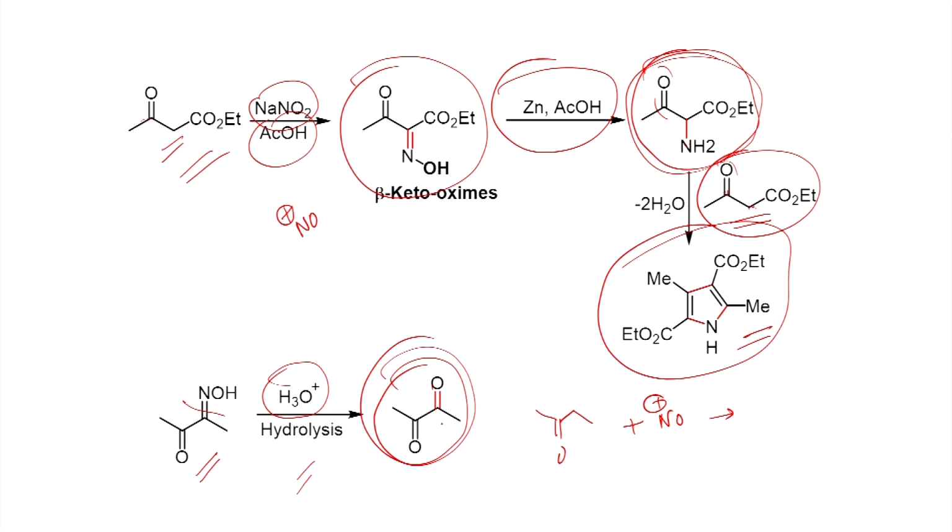If you want to introduce a carbonyl group at this carbon atom, you can react with the nitrosonium ion, then you can make the oxime, and once you do the hydrolysis, you will be able to end up with a carbonyl group. Here an example is shown: you can readily make this diketone from ethyl methyl ketone as a starting material. When you react with the nitrosonium ion in acidic medium, you can get this oxime that can be readily hydrolyzed to give this diketone as the product.